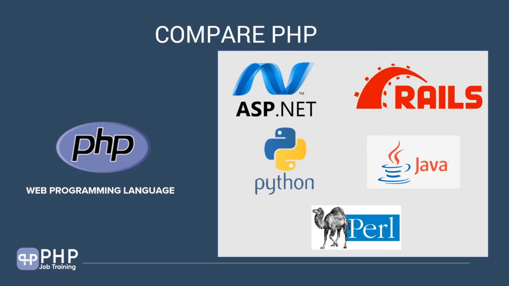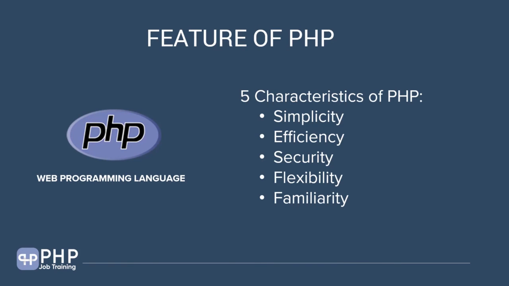Okay, so let's look at some of the characteristics of PHP now. There are 5 characteristics of PHP, as defined by the PHP manual itself. First is simplicity. When you write PHP, you will really enjoy it and you will see how simple it is to write PHP code. Second is efficiency. The short notations that they have and the easy access to some complex objects are really made easy in PHP in the web area. Well, in web applications, security is the most important thing. So PHP actually handles security very well. We'll go into this topic later and see how to handle security in PHP.